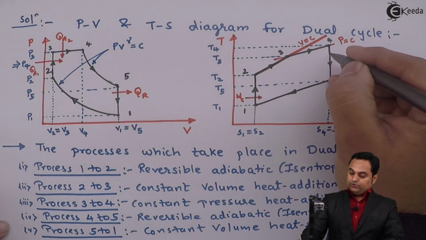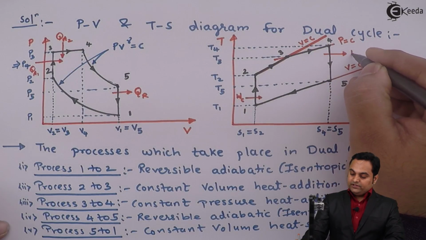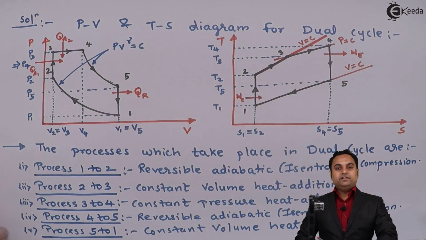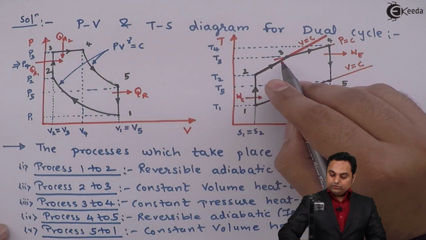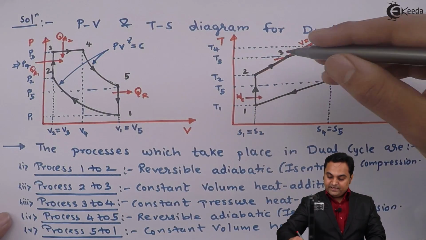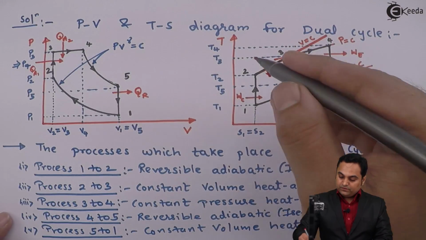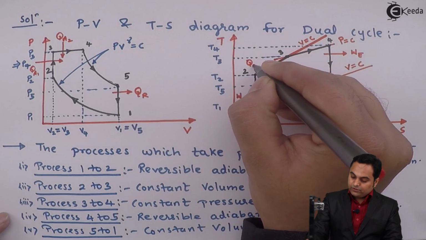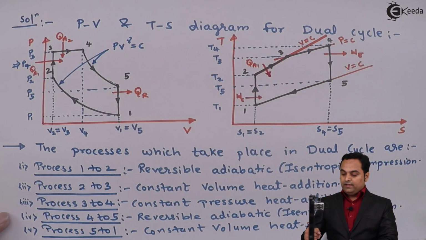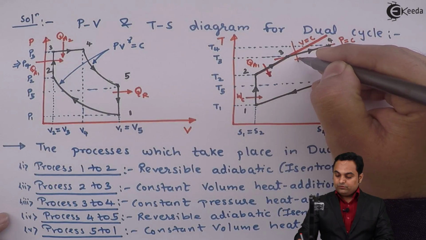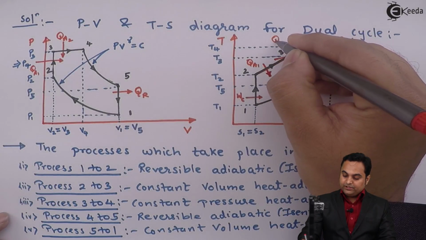the system. During 4 to 5, we are getting the work output from the system, so it is the work we are getting in expansion. During 2 to 3 and 3 to 4, the heat is being added to the system. So since heat is added into the system, the arrow is pointing inwards. Here we have QA1 as the first heat addition. The second heat addition is from 3 to 4, so again the arrow is pointing inwards,